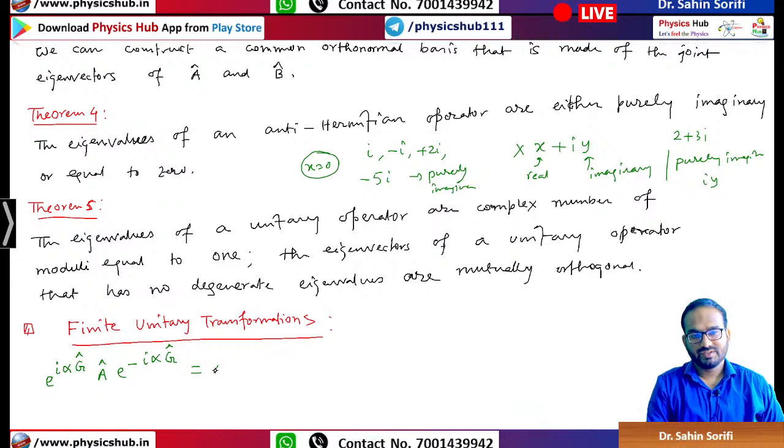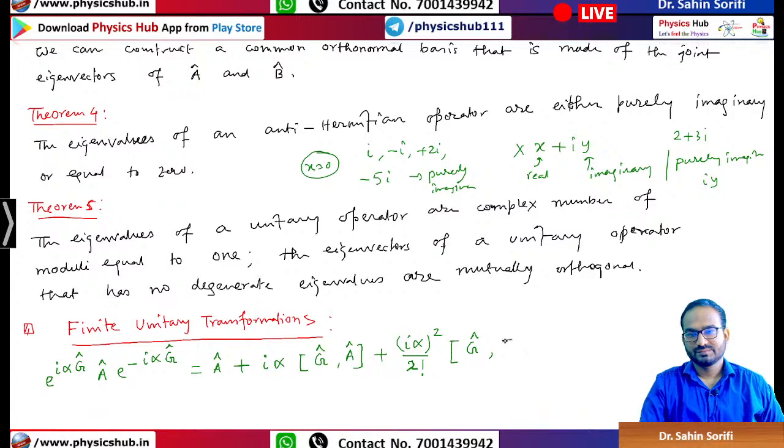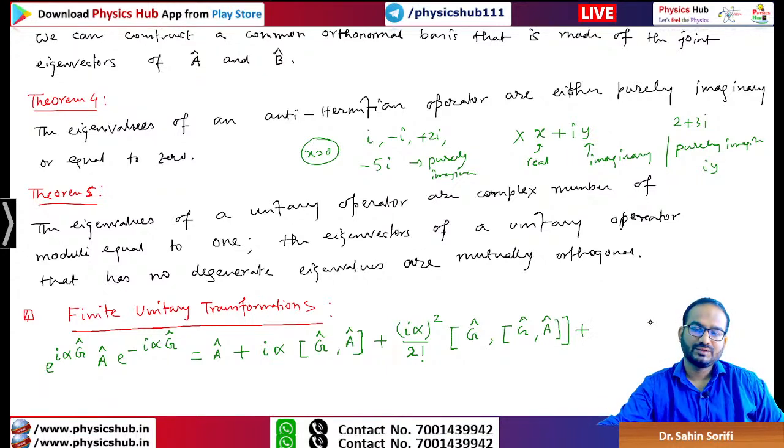The way we have done it, it will be A plus i alpha, this constant will be multiplied, commutation of G A, plus i alpha square by 2 factorial, commutation of G, then this one commutation of G A, plus i alpha cube